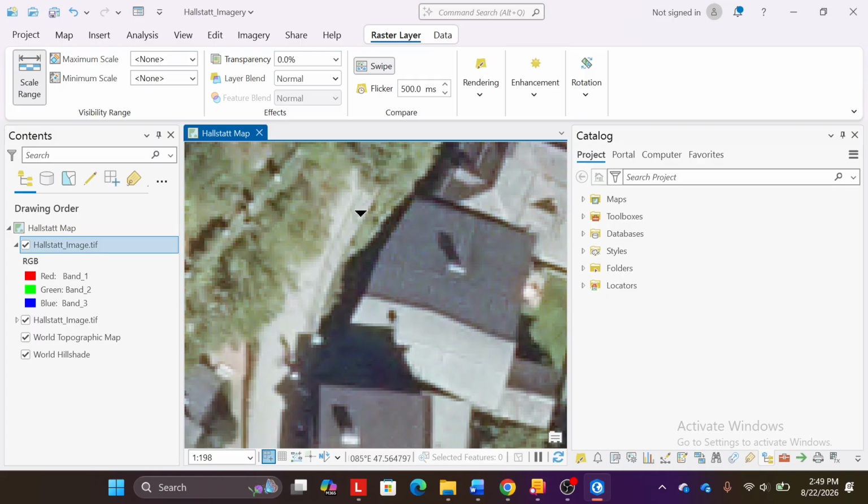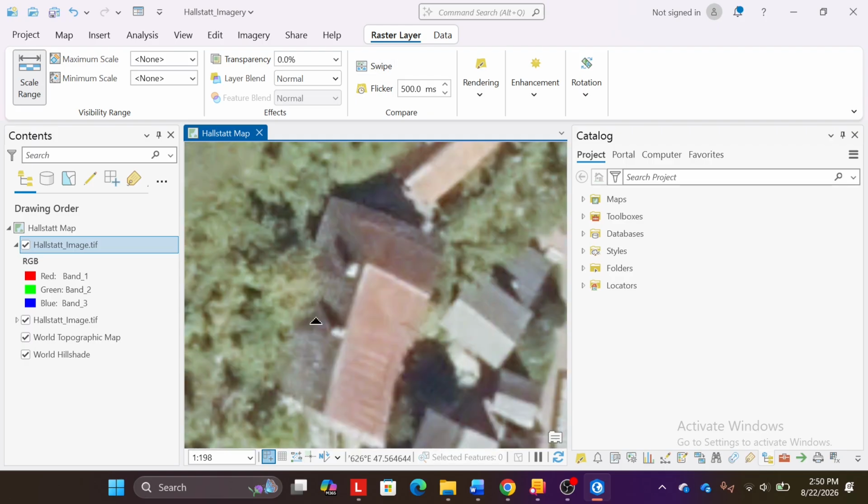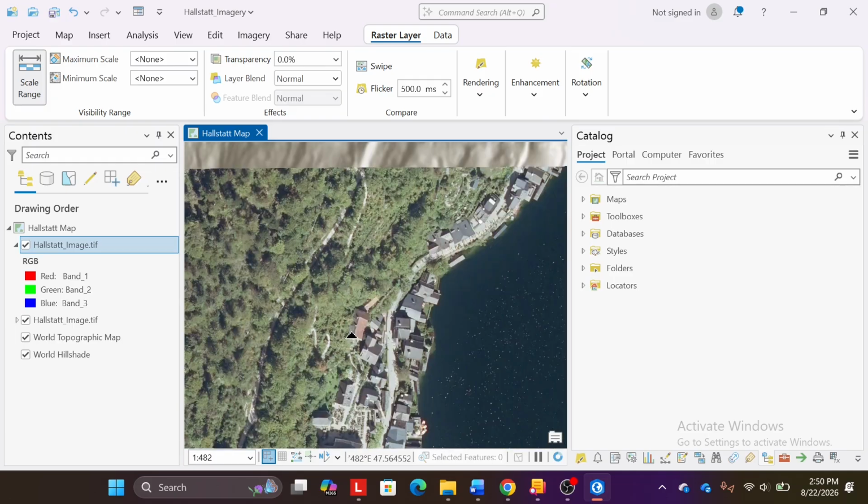As a general rule, applying some type of stretch gives a better presentation of the image than no stretch at all. Percent clip is a good default for imagery, as it cuts off a percentage of the highest and the lowest pixel values to reduce the effect of outliers, and applies a linear stretch to the remaining values. So now let's work on changing the